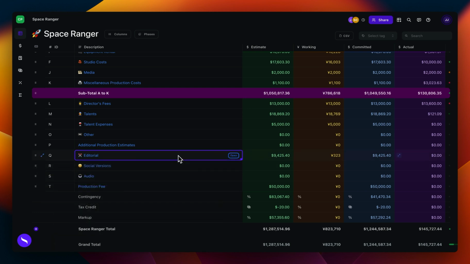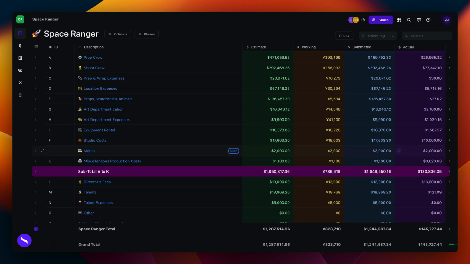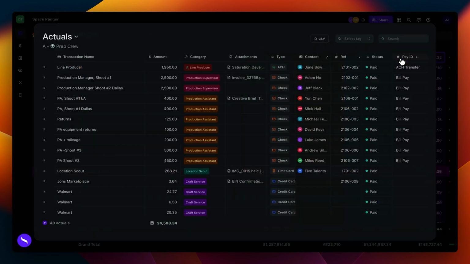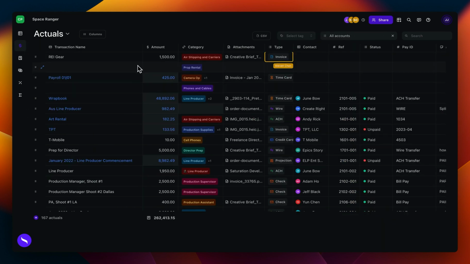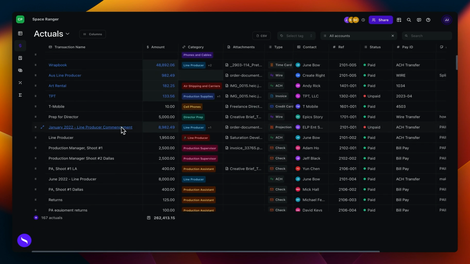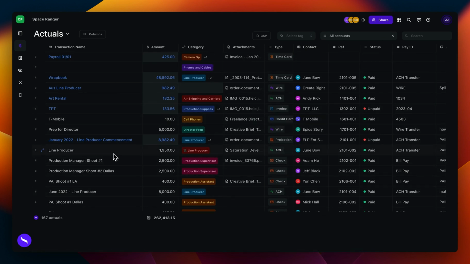only select those. The next section I'd like to take you into is our actuals. Our actuals is the process of being able to put in real costs like invoices and receipts. You can actually go right to any category and enter actuals that way, and it'll show you a filtered view of those actuals for that specific category. Otherwise, you can go to the actuals log here. It gives you access to everything, and you can see all the actuals no matter what category they're a part